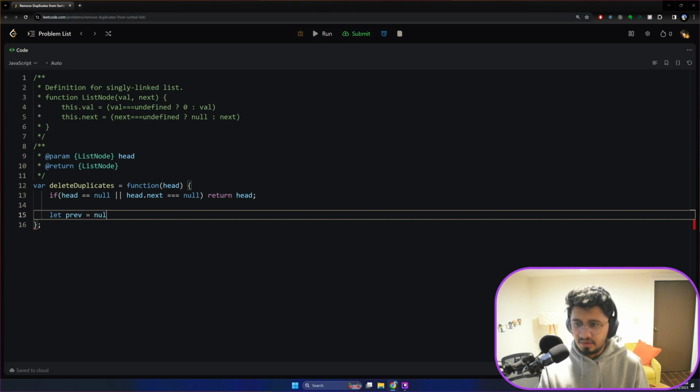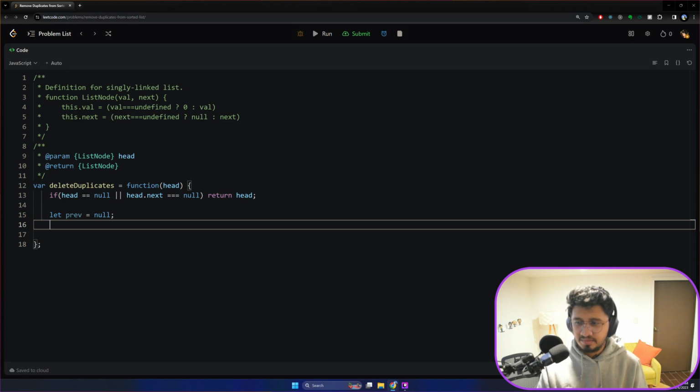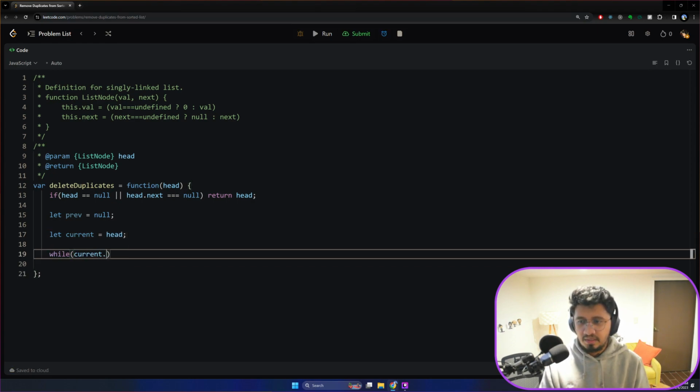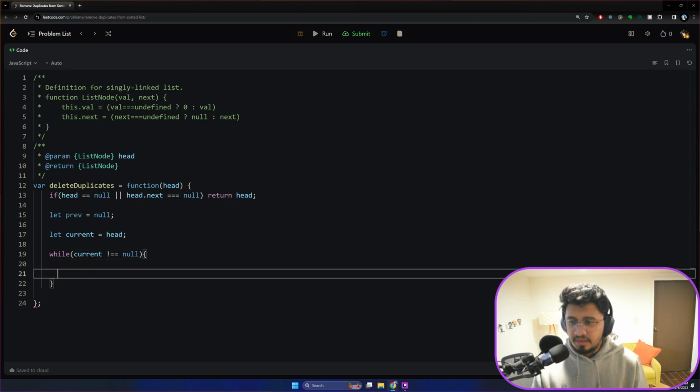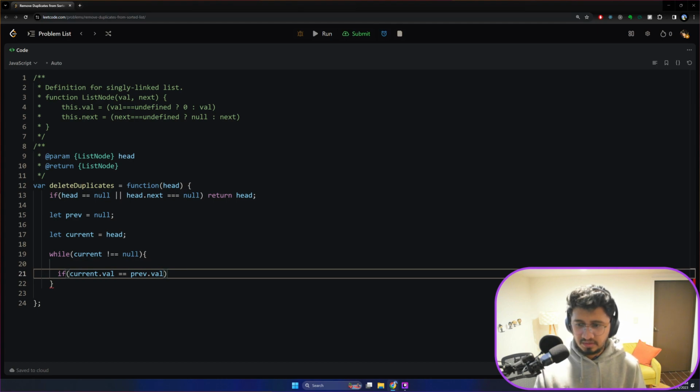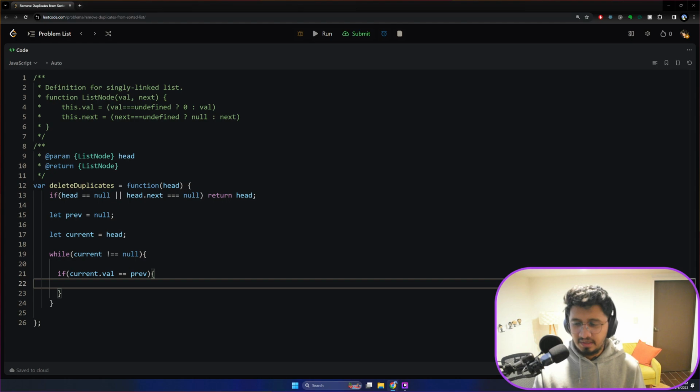But previous is equal to null. Let's do that. And what we'll do is, let current be equal to head. If I do that, and while my current is not equal to null, I want to keep going ahead. Yeah, so if current dot val is equal to prev dot val, or just prev. Okay, if current dot val is equal to the previous element, then what I need to do is